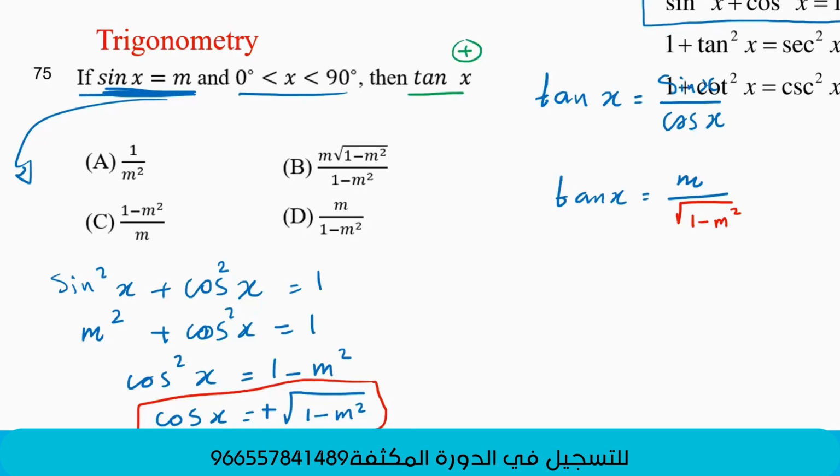Then the question now: none of the choices is similar to this one. Then I have to multiply it with the conjugate, with the square root, like to